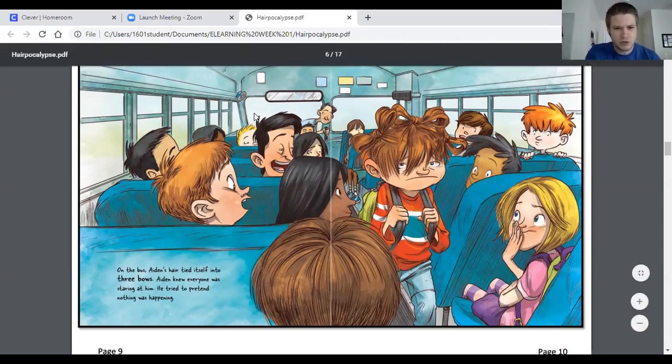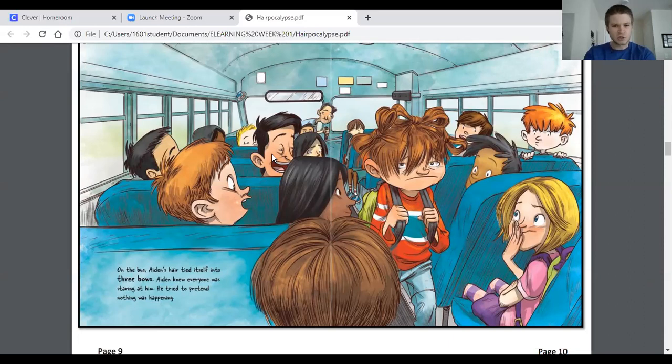If you zoom in real closely, look at this kid who has those winced eyes, you know? So once again, the text doesn't really tell us a whole lot about this kid, but if we look closely at that illustration, we can understand so much about what that kid is like. We don't even know his name, but we do know this. We do know that this kid might make fun of people a lot, because look at the way he's looking at Aiden. Look at those eyes.